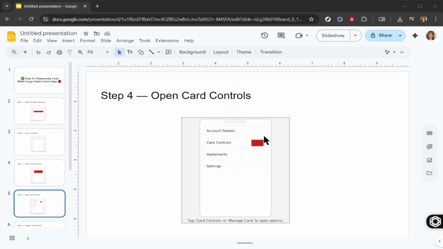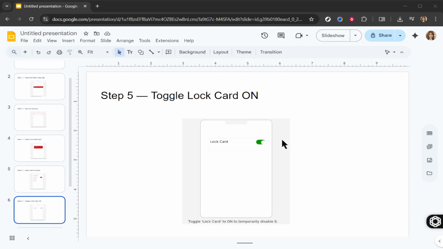Finally, when the time comes to restore full use of your card, simply navigate back to the card controls in the app and toggle the lock card feature to the off position. This unlocks your card, allowing transactions to resume as usual. Remember, this temporary lock feature is an excellent tool for controlling your card's security. It offers flexibility and peace of mind, so you can focus on resolving any disruptions without the worry of unauthorized